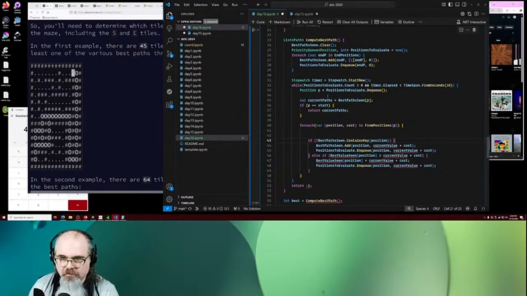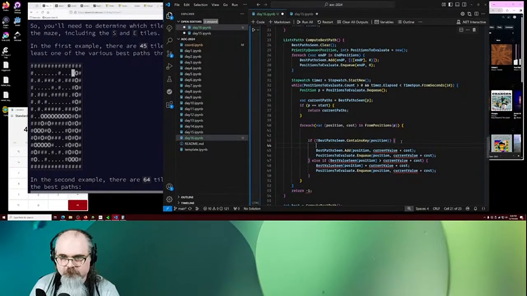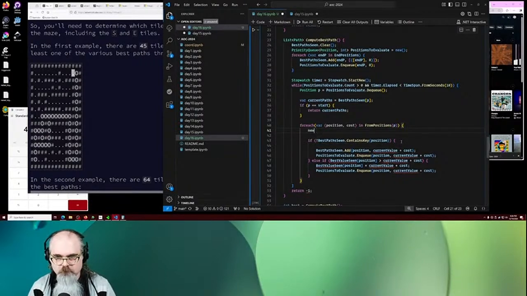So we now need to create the new path. Path, new path equals, actually, so this is going to be a list of path, new paths equals current paths dot